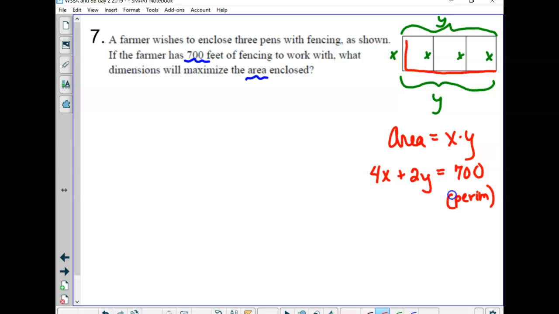What are we trying to maximize? Anybody actually read the question? Maximize the area. So we want to find the maximum area. So I can't have two variables in the area. Can anybody figure out what we could do with this disaster? Yeah, let's get the y by itself. That sounds like a really good plan. So first we would subtract 4x over to the other side. So we'd have 2y equals 700 minus 4x. And then we would divide everything by 2, which actually simplifies down to that y length is